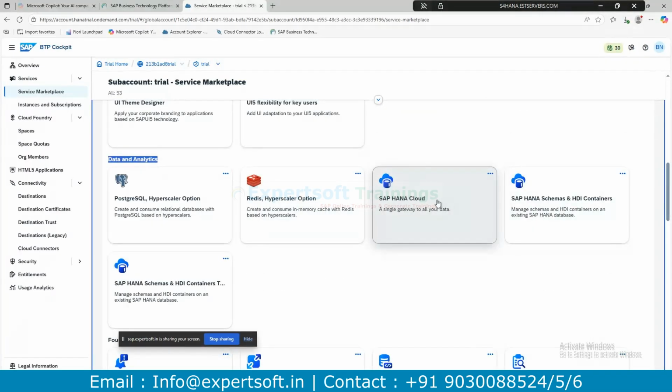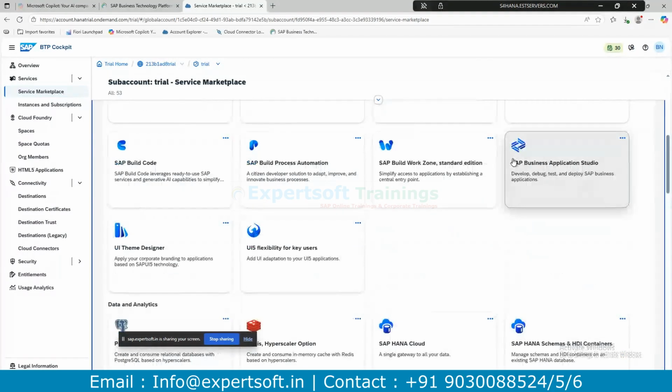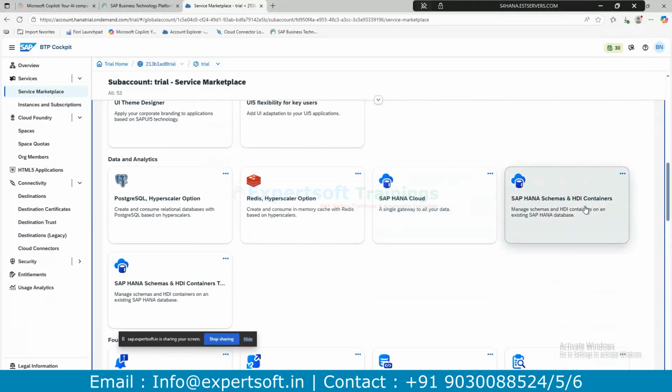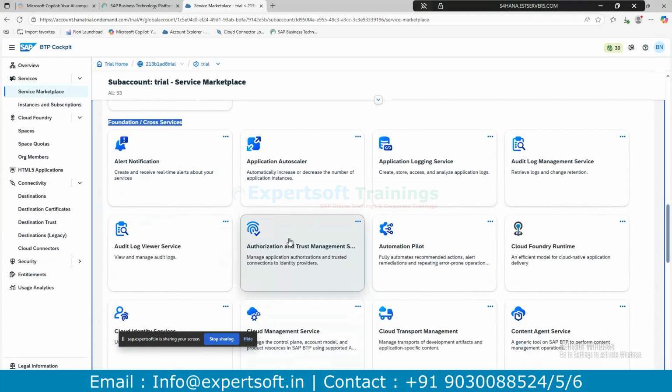If you want to subscribe to a HANA database, Cloud HANA database, this is the one you have to subscribe to. Majorly it is required to create Build Code, CAP applications with side-by-side extensibility, and if you want to see the schema, HDI container, and add it to the SAP HANA database system, then this has to be subscribed. And Alert Notification, if you want to create alert notifications, and Authorization and Trust Management, like authentication and authorizations, this is taken care of by that one.